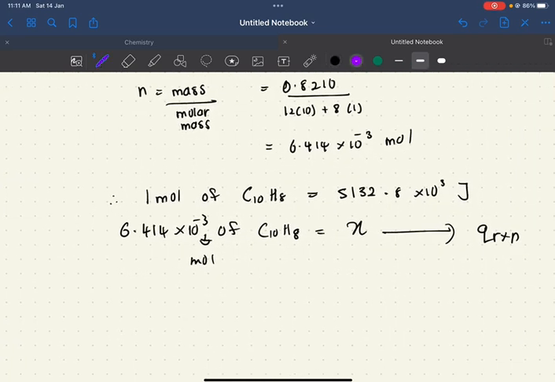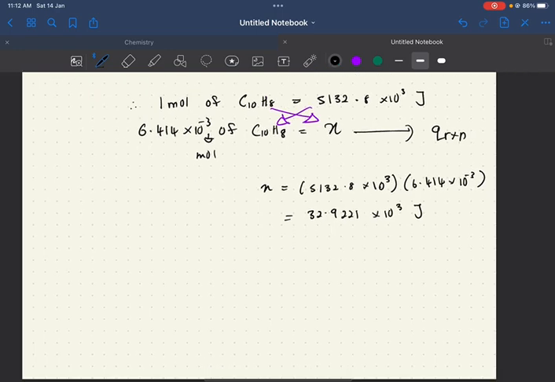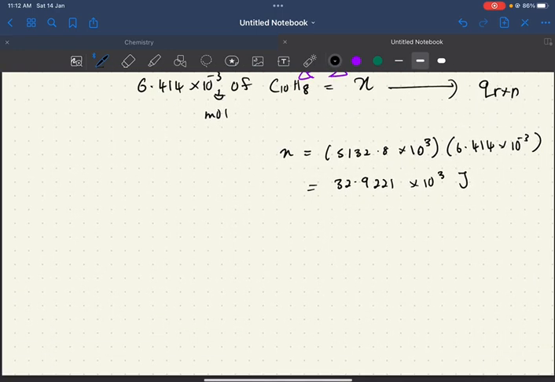And then we multiply both sides, and then we got 32.9221 kilojoule, and substitute to the equation I mentioned before, which is Q reaction equals to Q H2O plus Q calorimeter,